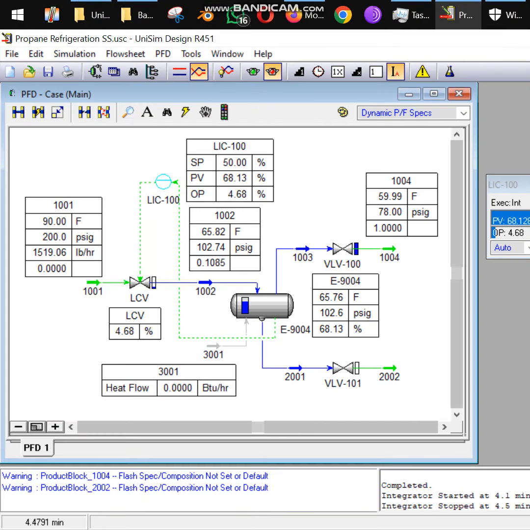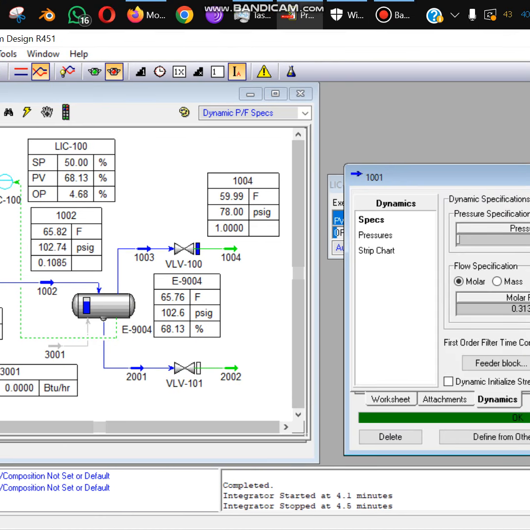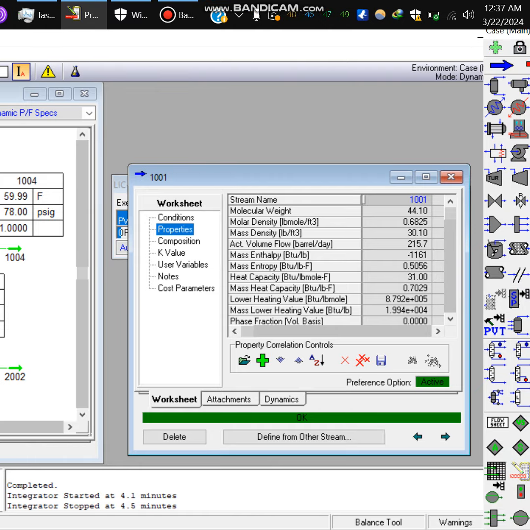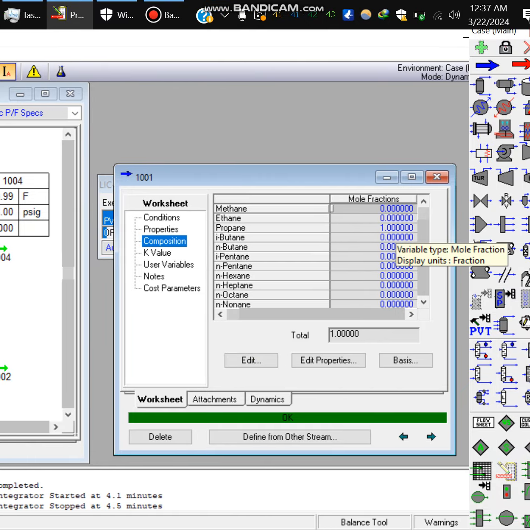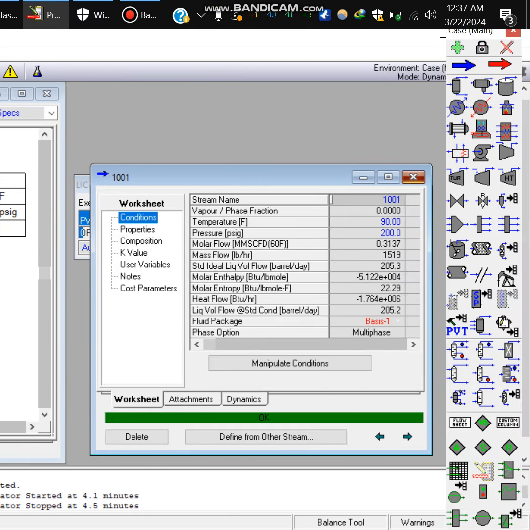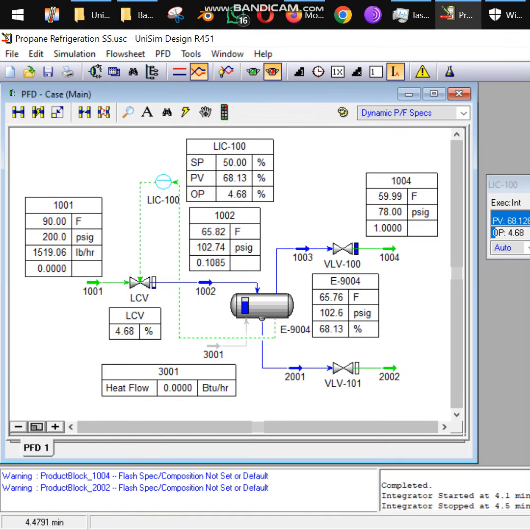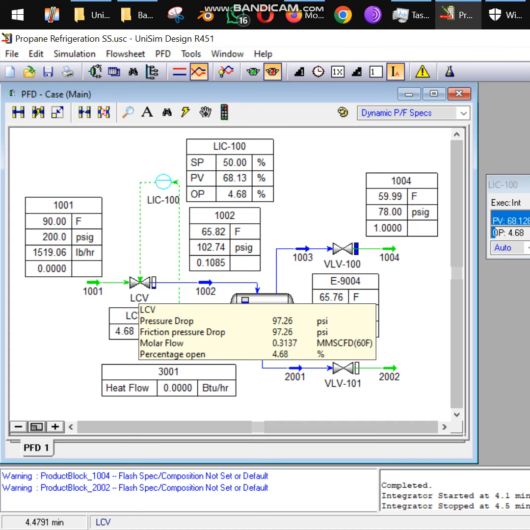Okay, this is a simple dynamic simulation for the control of level in a vessel. The fluid in this simulation has been considered to be 100% pure propane. Here is its composition, and the conditions are: its temperature is 90°F and pressure is 200 pounds, and it flows through the LCV, and